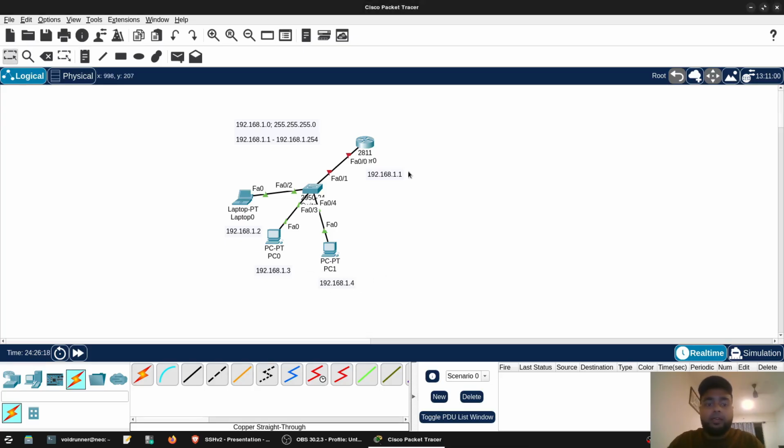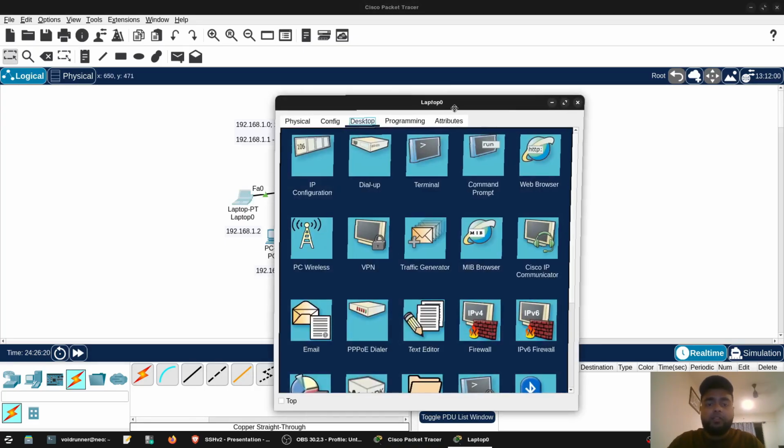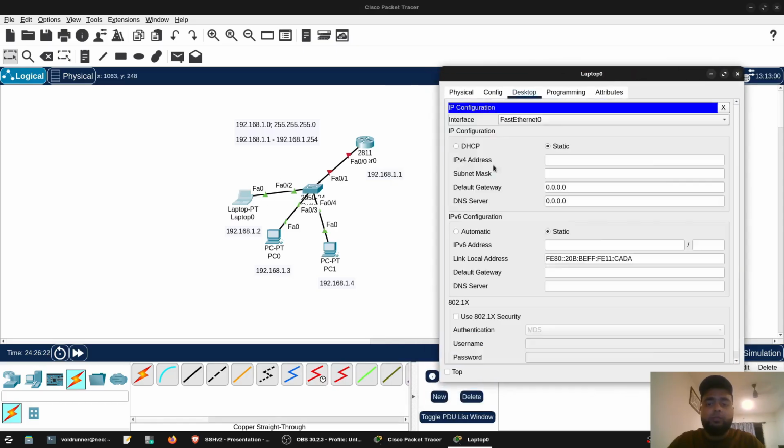Right, and now that it's done, I'll just configure these IPs. I'll click on the laptop IP configuration, and I'll configure IP 192.168.1.2. The subnet mask is okay, fine, and 192.168.1.1 is the gateway, meaning the